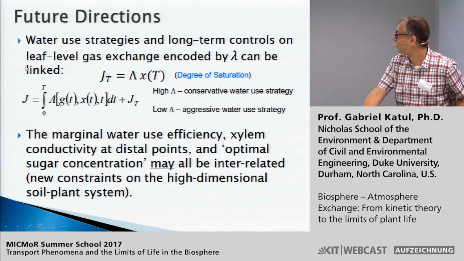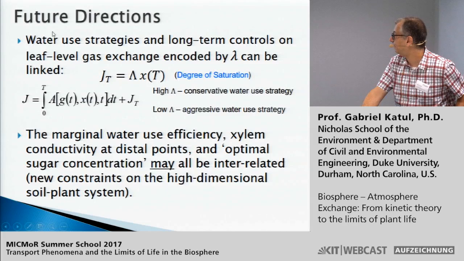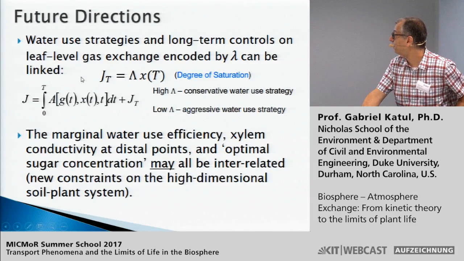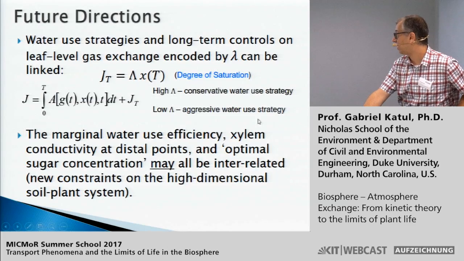And then the last point is this connection between the end-member correction in the stomatal optimization theories and how leaves might operate. As I mentioned before, the objective function now has a terminal gain, basically, and one could simply link this terminal gain to the soil moisture state at the end of the integration period. And one could argue that if you want to assign a conservative water use strategy, you make this gain big, and if you want an aggressive water use efficiency, you could set this gain to 0. And then you could ask, what would be the optimal path that the stomata has to take for conservative water use strategies and aggressive water use strategies? Are they very different or not?